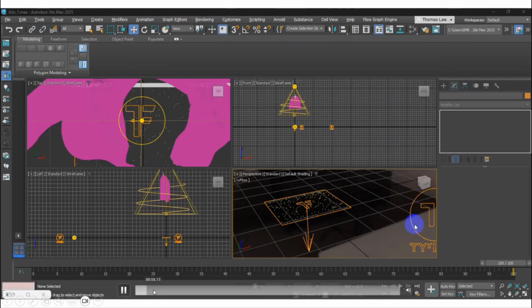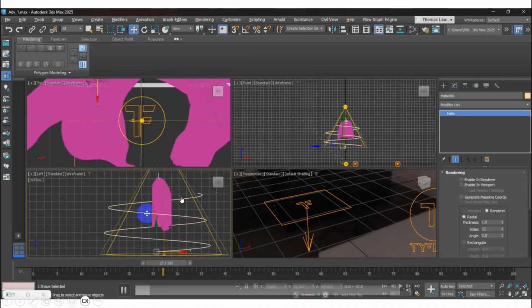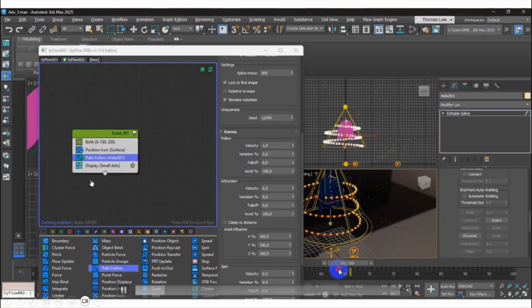Okay, once you get the second demo, you need to attach to the path. How to attach the path? There is a path follow. So you don't need to go to constraint path. No, this is not recommended.